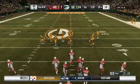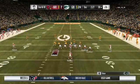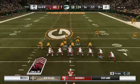Now they face a second and long following the holding penalty. Gun, gun! Gun, gun! 4 down, 4 down. Set! Blue 90! Blue 90! Watch